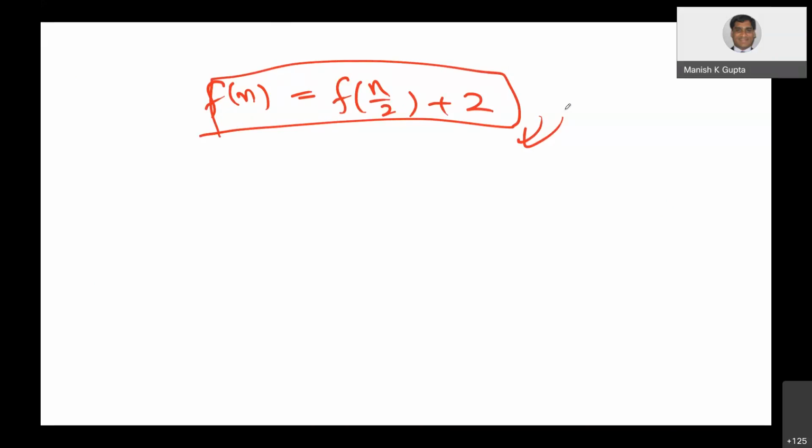This is an approach known as divide and conquer. The problem is divided into certain subproblems, we solve the smaller problems, and from the solutions of the smaller problems we build the solution to the bigger problem. I will come to these things in a new class, otherwise it will be too much for one class. So we will see that on Wednesday. Any questions?